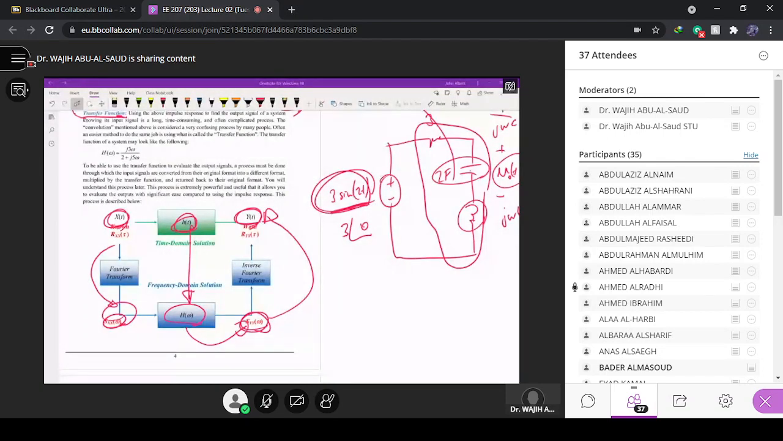I don't want to frighten you from convolution right away, but from my experience, maybe you can turn off your microphone. That's causing